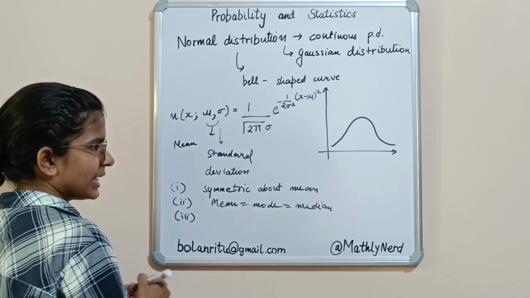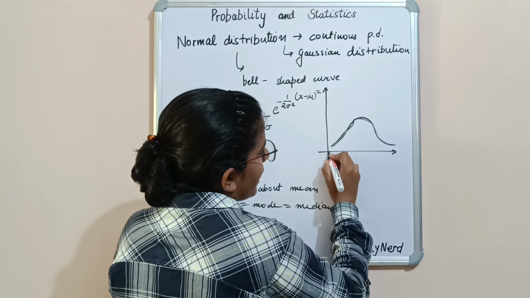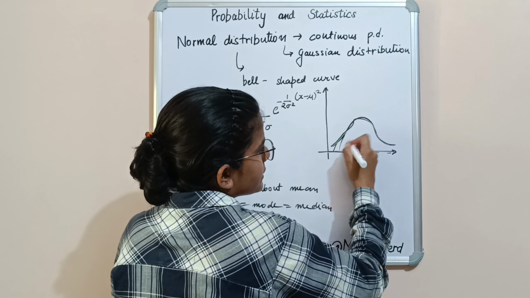Our third property is the area between this curve and the horizontal line is equal